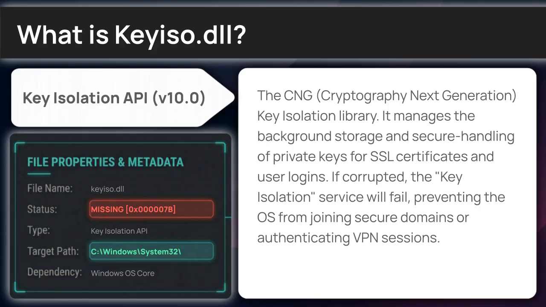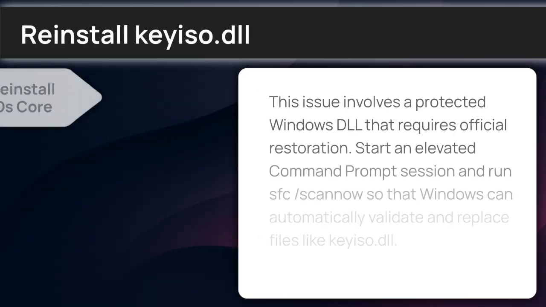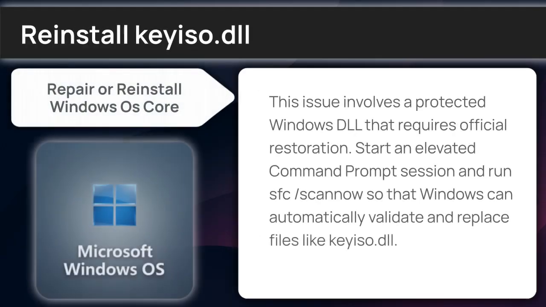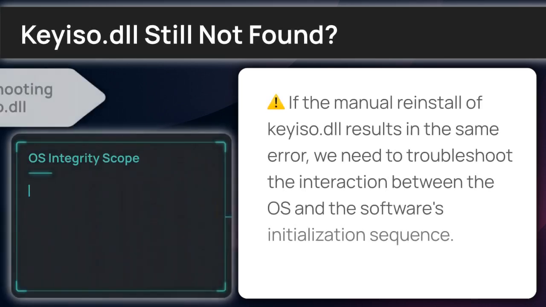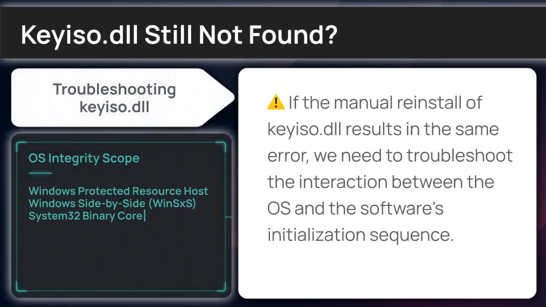Our first move is installing a fresh, clean copy of the library. This issue involves a protected Windows DLL that requires official restoration. Start an elevated command prompt session and run sfc /scannow so that Windows can automatically validate and replace files like CNG Key Isolation Service. If no luck was had with the redistributable package, we will escalate the fix by performing